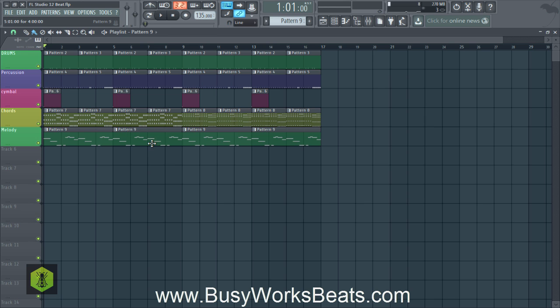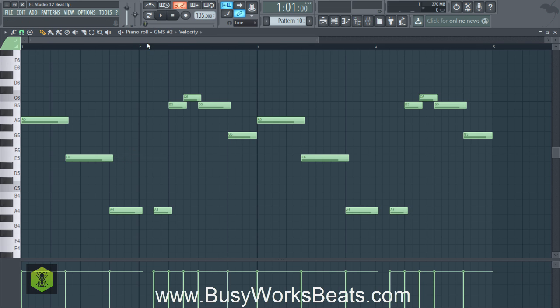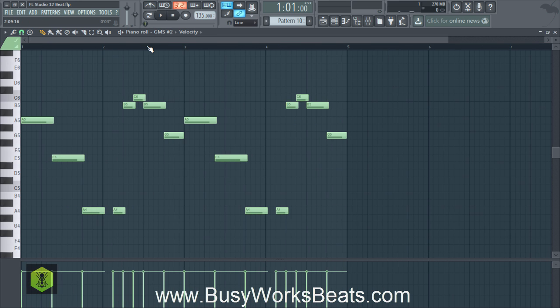Okay, so my ear wants to hear change right at this section right here. So what I said we were going to do, click on the piano keys button and go to make unique. This is going to duplicate pattern 9 and some pattern 10. So let's click the button again and go to edit pattern. It pulls up the piano roll, which we had before.